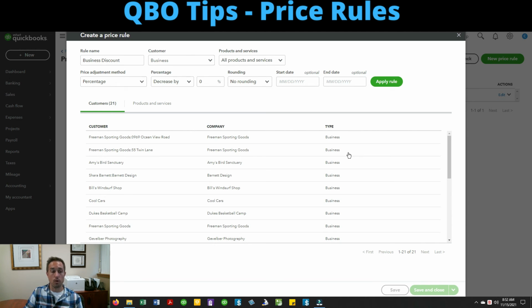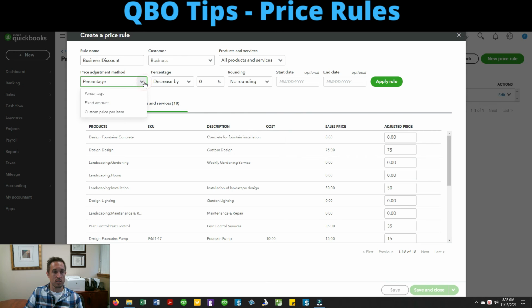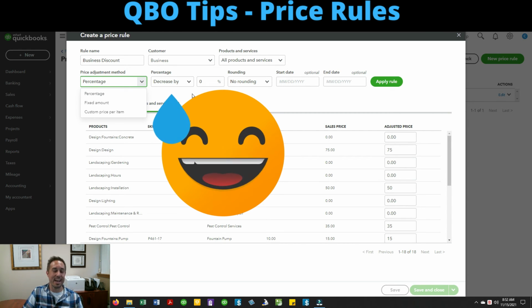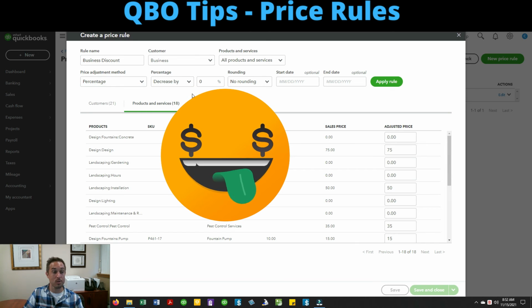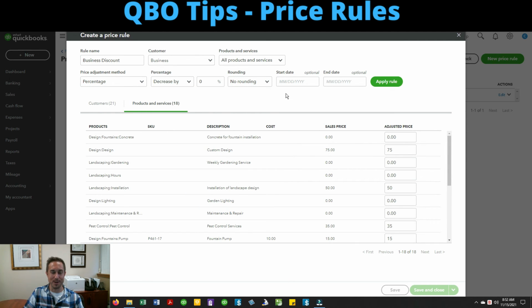And again, you have all the other options available now. You can still specify which products and services. You can do a percentage, fixed amount, custom price. You can increase their prices if you have a pain in the butt client type. Charge them an extra $50, whatever you want to do. That's your business, your pricing. And you can also have dates for them as well. So you can have special sales or specials for them that run throughout the year, and you can specify when those begin and end in these rules. So we'll just say our fixed amount is they get a $25 discount.